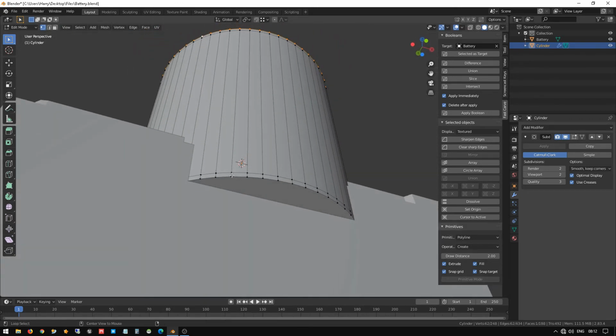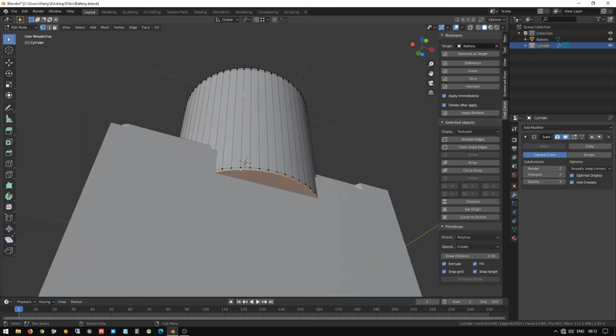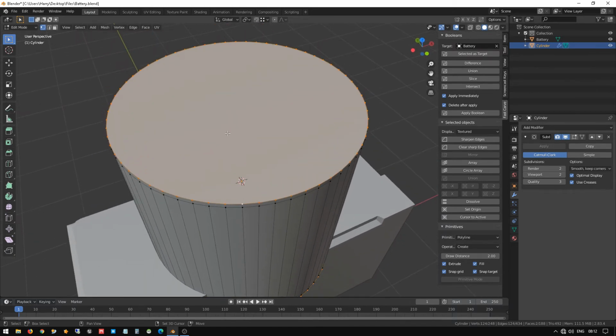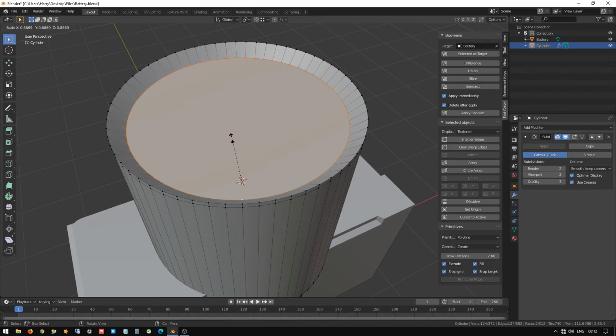Press Shift and Alt key to select the circles. Now with the selection, press extrude and S to scale. So now you can see it's extruding towards the median point.